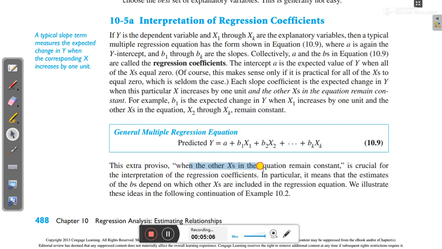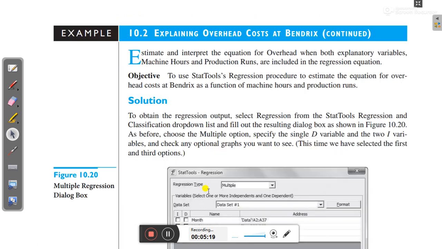So holding the other x's in the equation constant is crucial for the interpretation of regression coefficients. In particular, it means that estimates of the b's depend on which other x's are included in the regression equation. We illustrate these ideas in 10.2. So here again,